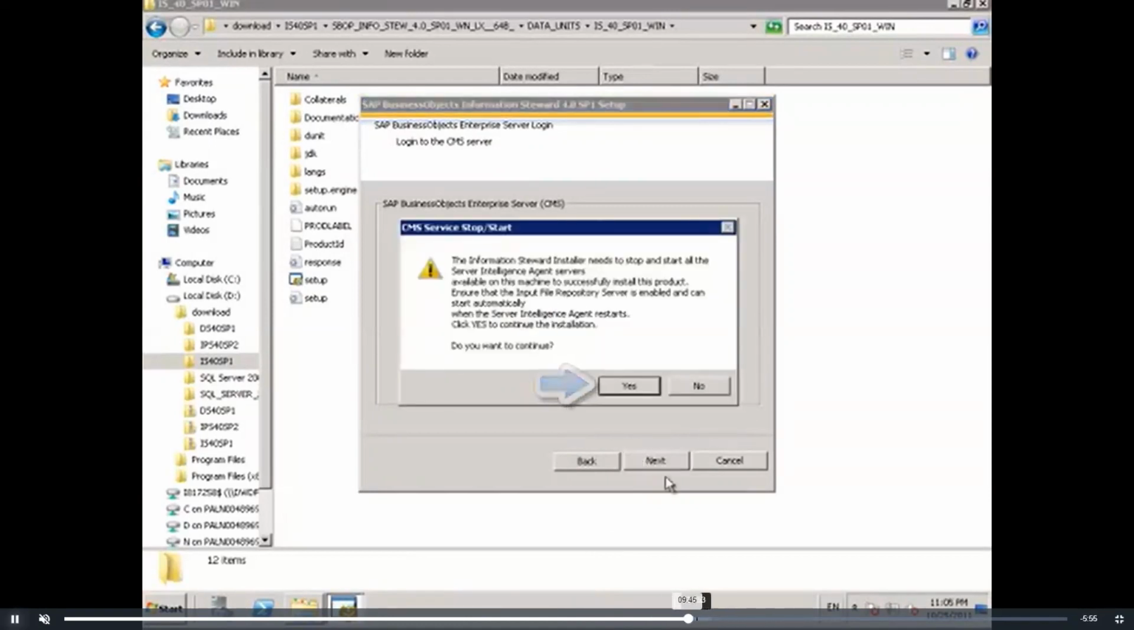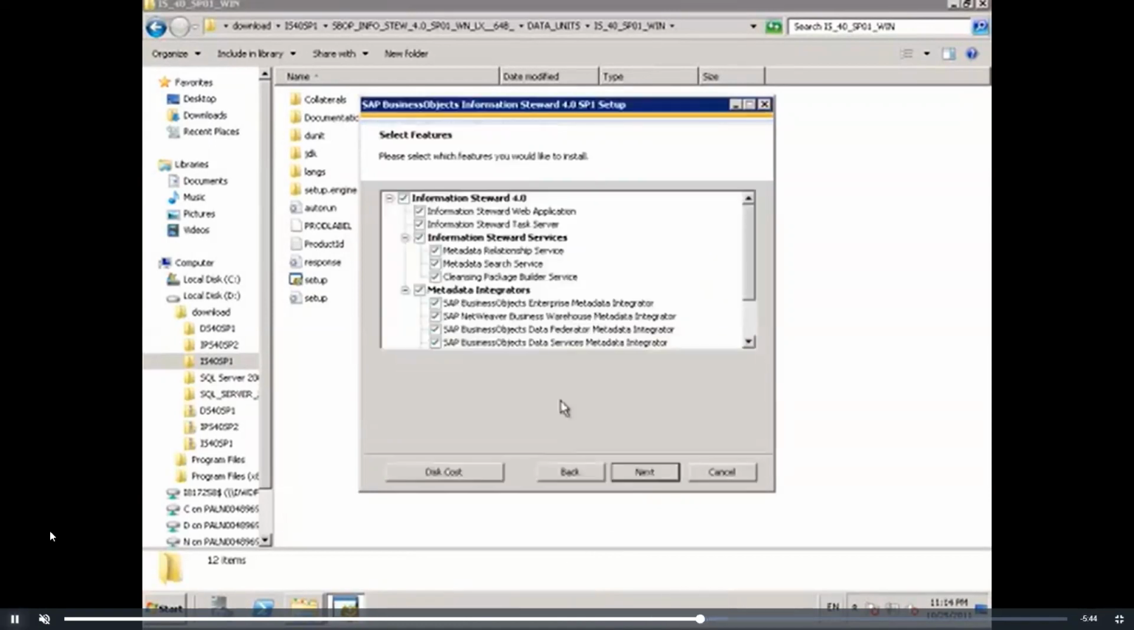Yeah, and then just click on yes. These are the respective features it's going to show. If you unselect these features, they will not come for you. So if you start with SAP Information Steward web application, and the test server,